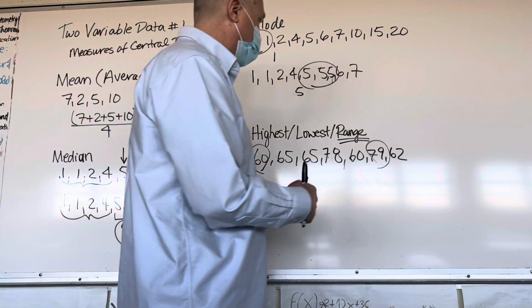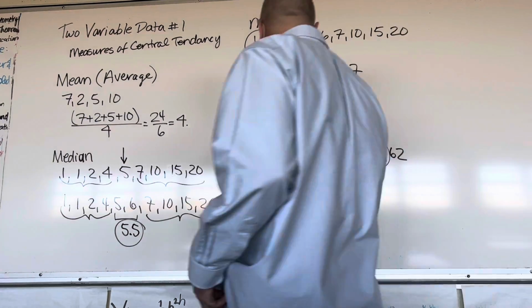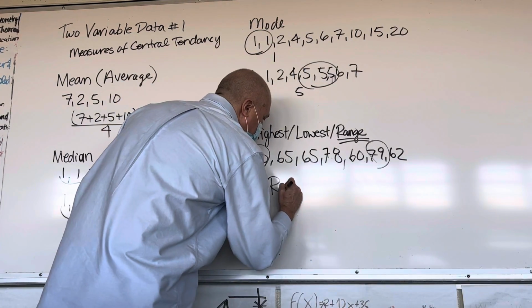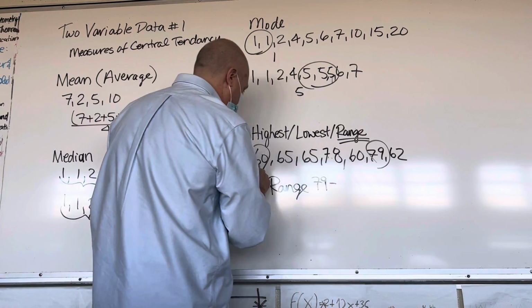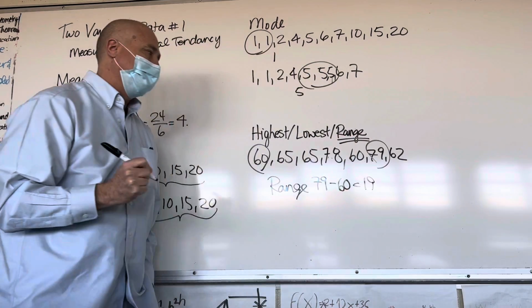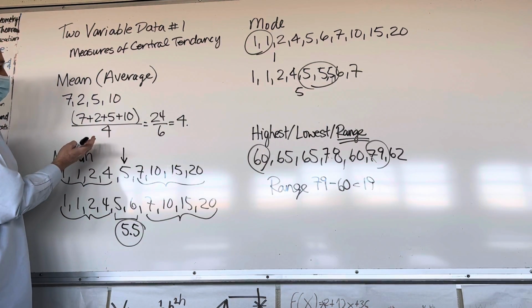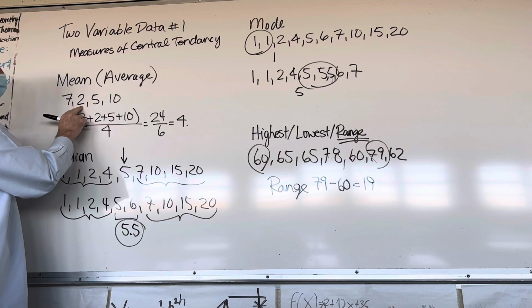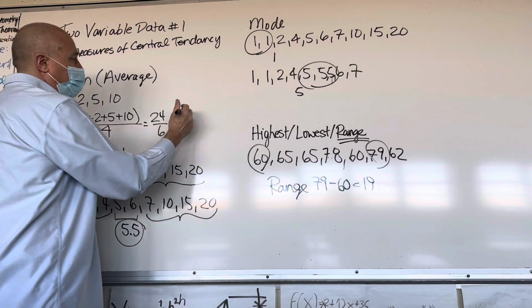So our range for this is from 60 to 79, and they spell it out as highest value 79, lowest value 60, and range. Take the high, 79, minus the low, 60. The range of this is 19 data points. So back to the idea of the mean of this one: the low is 2, the high is 10. 10 minus 2 is 8. So the range for this one